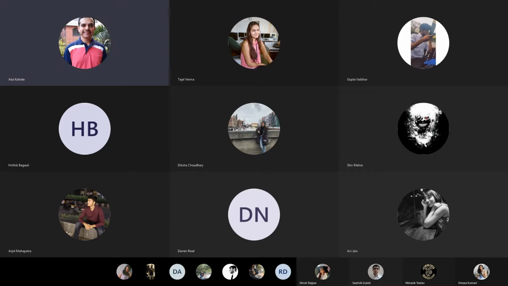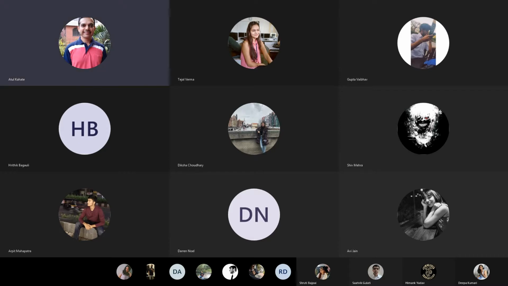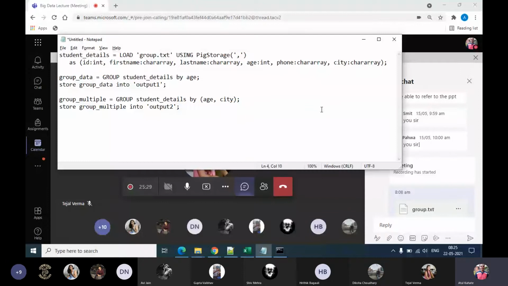Next, we will see how to use the grouping structure. Here, we will use the group by clause. As you can see here, first it says group data is equal to group student details. It will do the grouping of this student details relation by age.